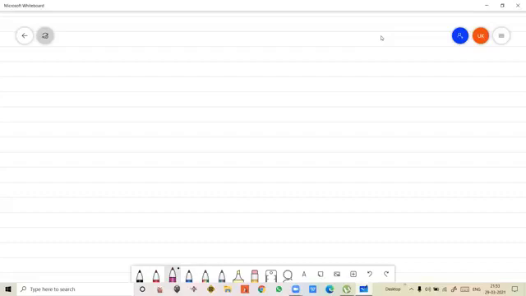Today we are going to take a very basic practical of forms. It's a very basic thing. We have already learnt about the elements of forms, so we'll just start with the practical